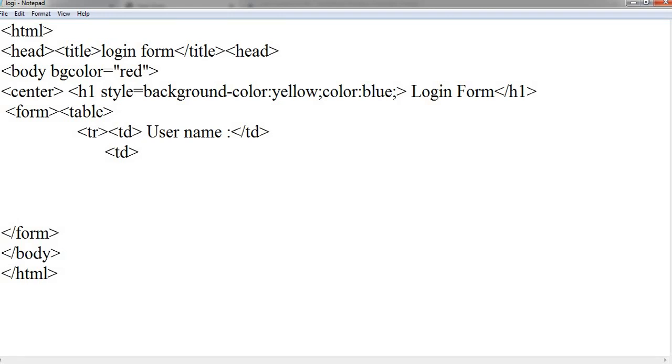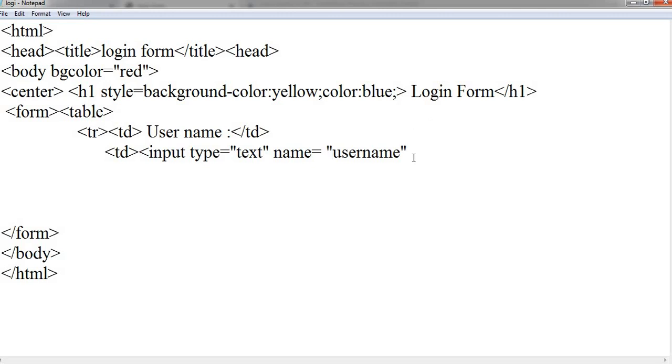So we can have the input type button, so that is an input type equal to text, as we are entering text. The property is input type equal to text, and the name we are going to add is username.